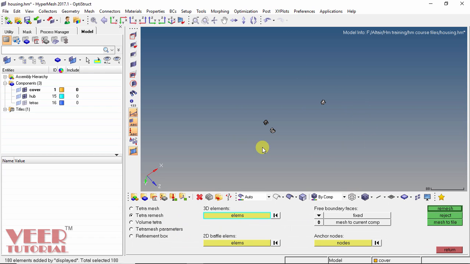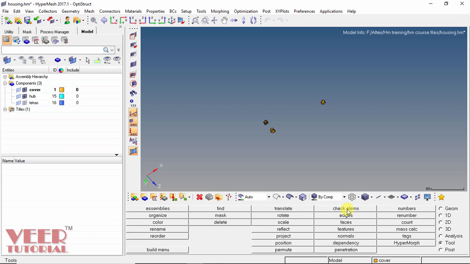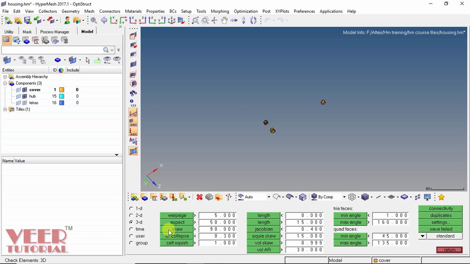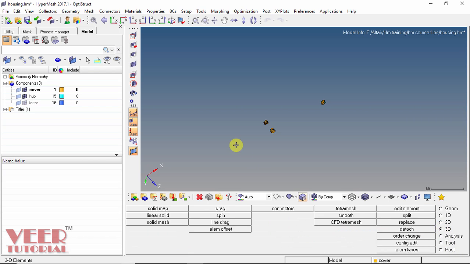So all the elements are selected and click on remesh. Click on return, go to tools and check element. Click on this check element and go to TAT collapse. And we can see still 3 elements are failing. But we have increased the value of minimum TAT collapse, that is 0.188.